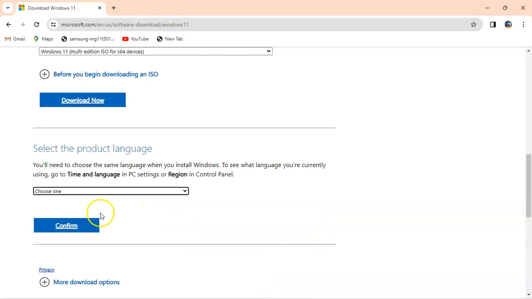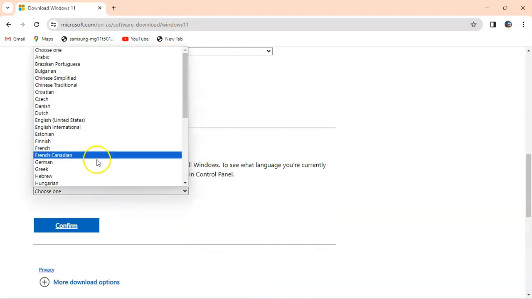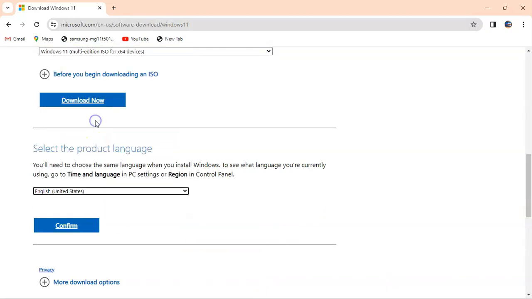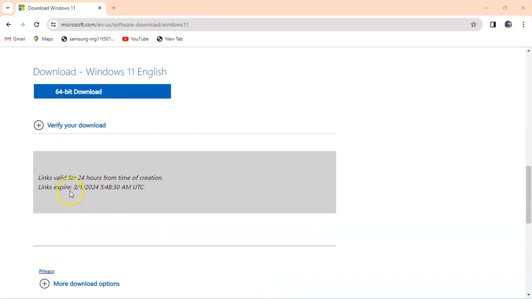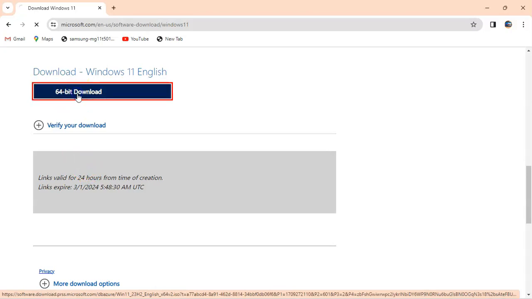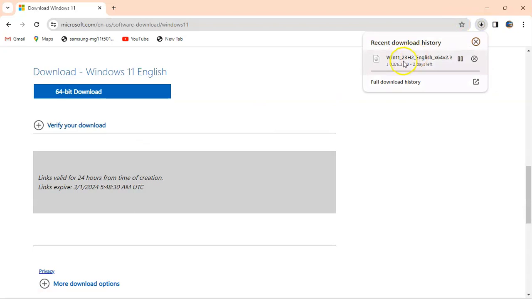Validating your request. Okay, now just here select your language. After selecting your language, click confirm. Okay, now click and download 64-bit. Download started. When this download is completed, just simply open this and click on the setup file and select installation and